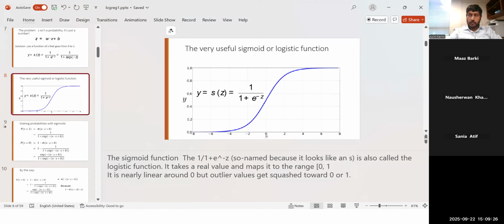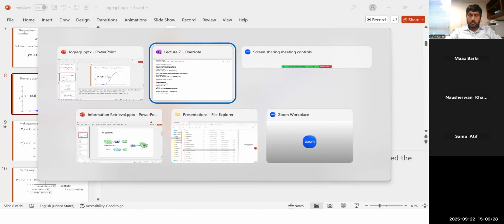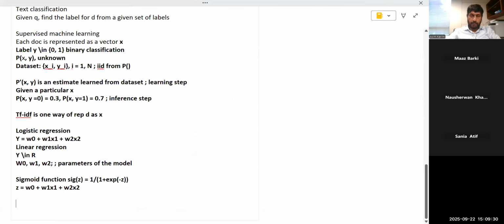So what we do now is we take the left-hand side, instead of giving it a continuous value,